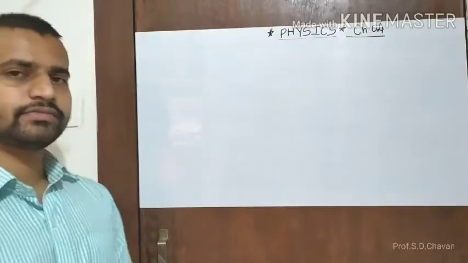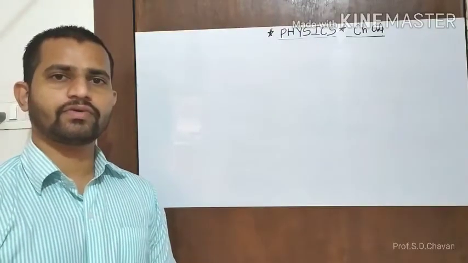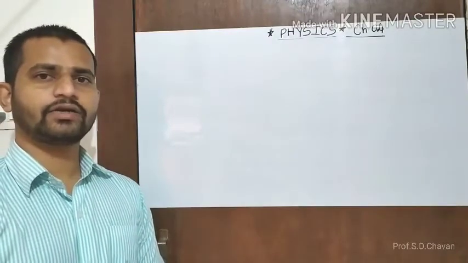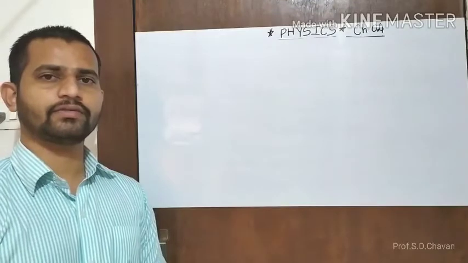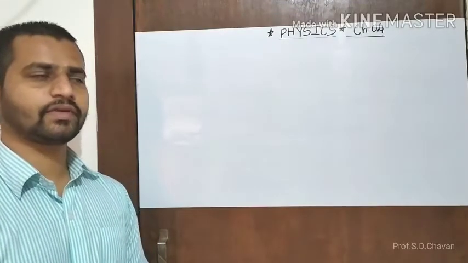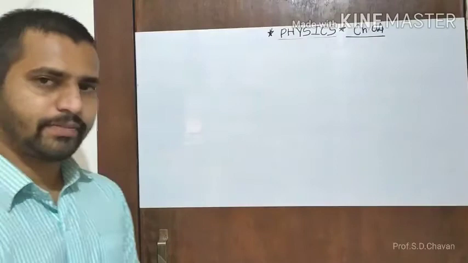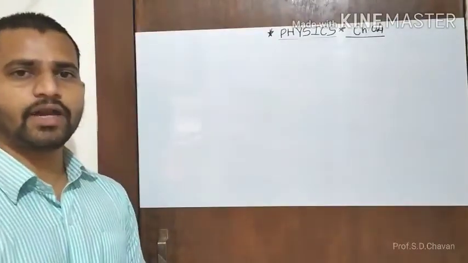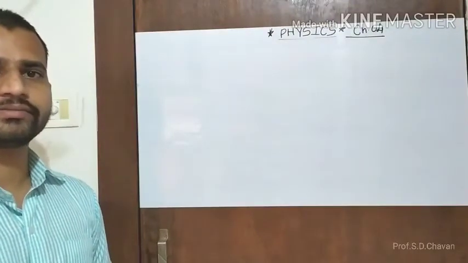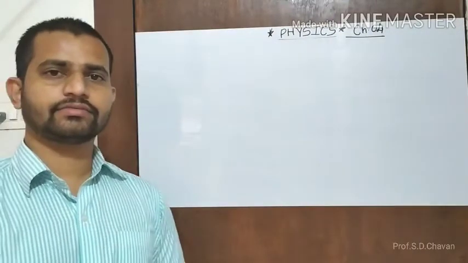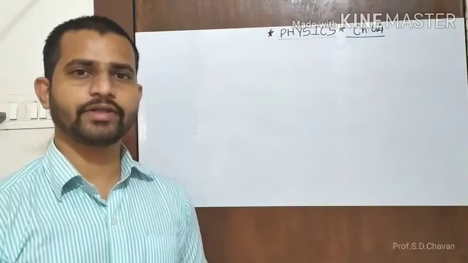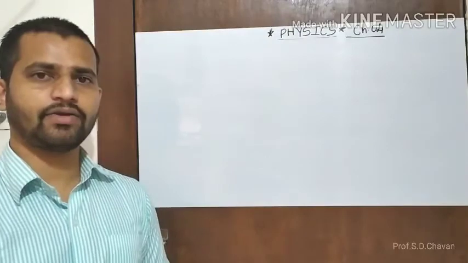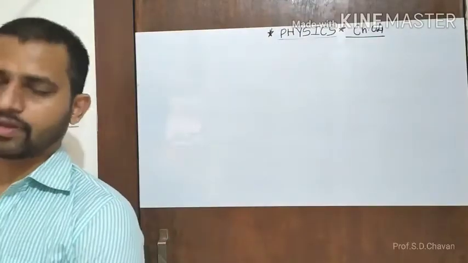We have started our chapter number 4, that is the motion in a two dimension, and today we'll see one topic for the vector addition. We know there are three methods for the vector addition, that are the triangle method, parallelogram method and the polygon method. Out of that we have learned about the triangle method, and today we are going to learn about the parallelogram method. Okay.